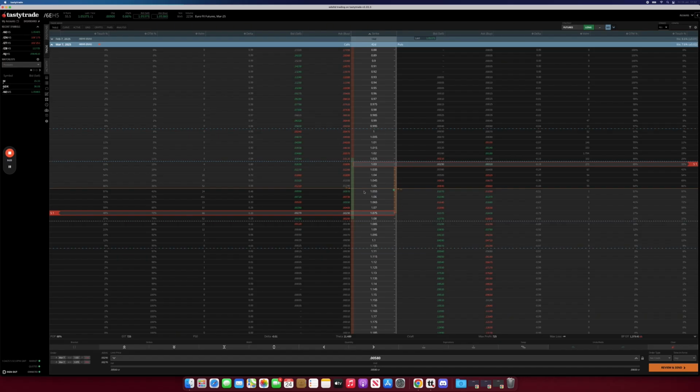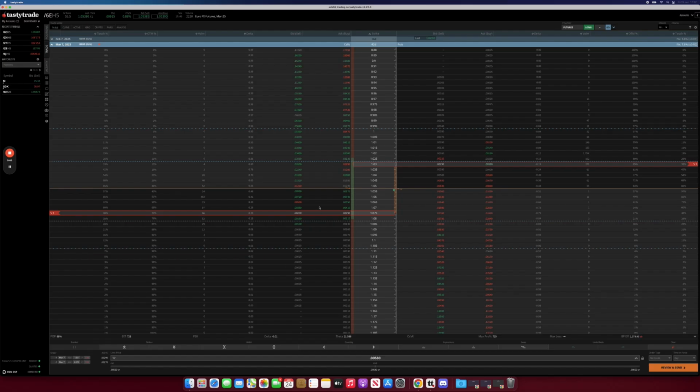We're still just outside the expected move. And if you take a look at these numbers here, now we will collect $725 up front, and our buying power requirement is just under 1.4k. So we're looking at a return of over 50% in the next 42 days, and we have a POP of